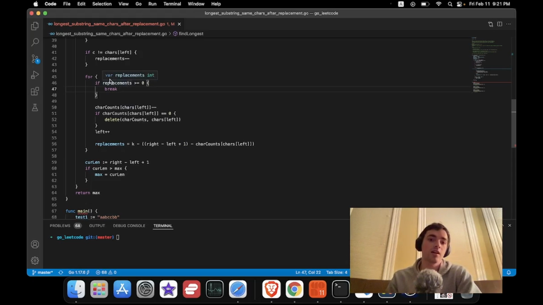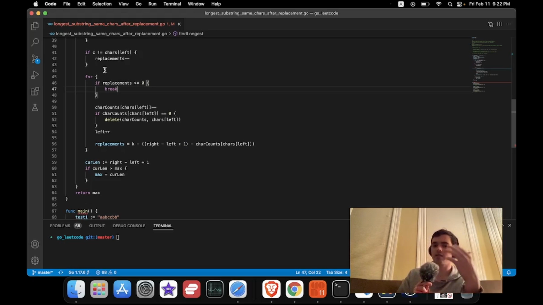So if I've introduced a new character on the right side and that leaves me with negative replacements, I have less than 0 replacements left, then I need to increase the left side of the sliding window, basically getting rid of characters from my substring until I would theoretically have enough replacements to keep adding more characters on the right. So, for example,